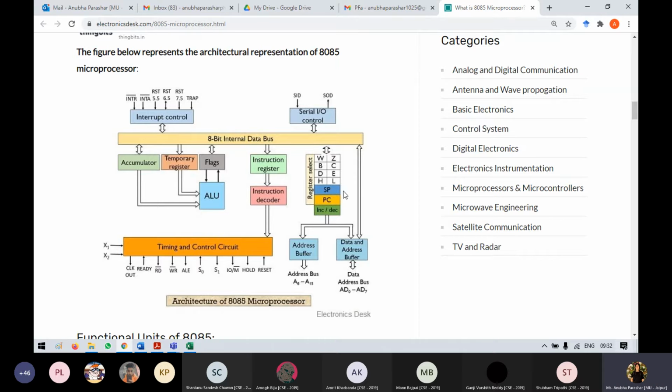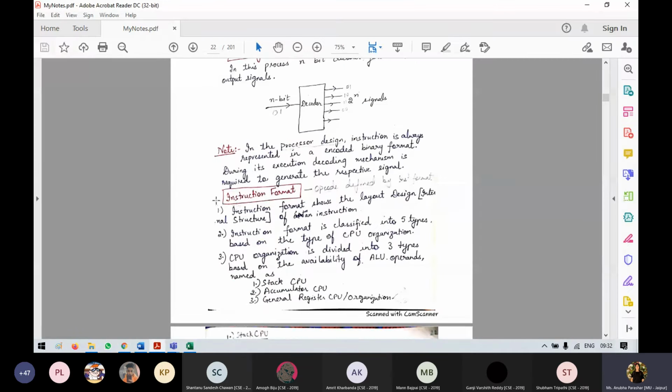So what it will do, the stack pointer will point to the top of memory. Once it is pointing to the top of memory, it is last in first out, or we can say only the top of memory will be allocated, and we can store any operation here, or we can pop. Push and pop are the operations of the stack, and those could be used. So these are the three ways we can make ALU operands available.